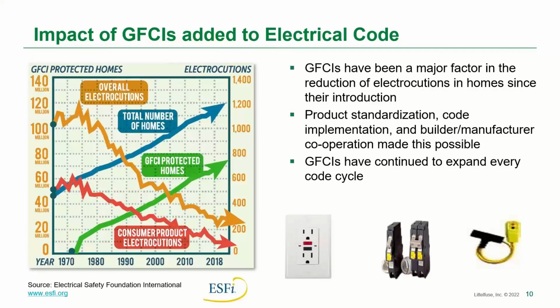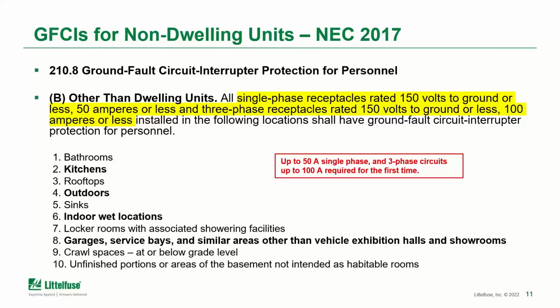So for most of its existence, the GFCI, whether it's receptacle type or circuit breaker type, as shown in those pictures there, it's really been focused on 125 volts, single phase circuits around 20 amps or less. Now, these requirements have recently started to expand in the electrical codes, specifically in the non-dwelling unit section of the